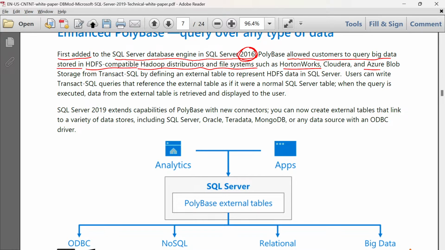Now, the storage from Transact-SQL is done by defining an external table to represent HDFS data in SQL Server. So you have the permission to store your existing T-SQL statement based data over HDFS data using SQL Server.